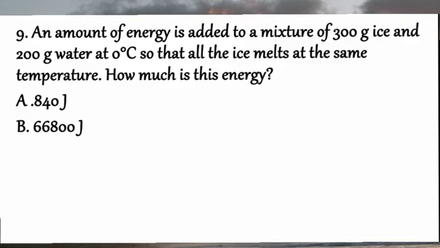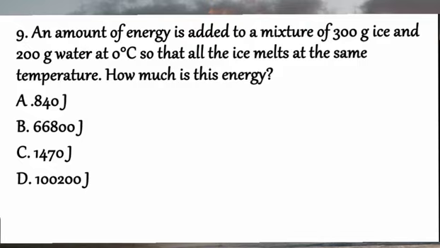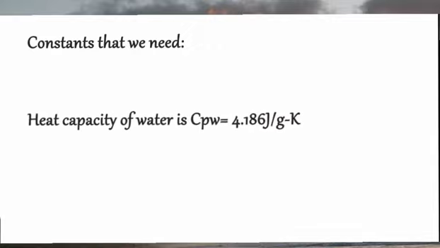A 840 joule, B 66800 joule, C 1470 joule, D 100200 joule. እስቲ ወደ መልሳችን መግባት እንችላለን። የአይሱን ኮንስታንት ማወቅ አለብን። እዚህ ላይ ኮንስታንት that we need ምናለን the heat